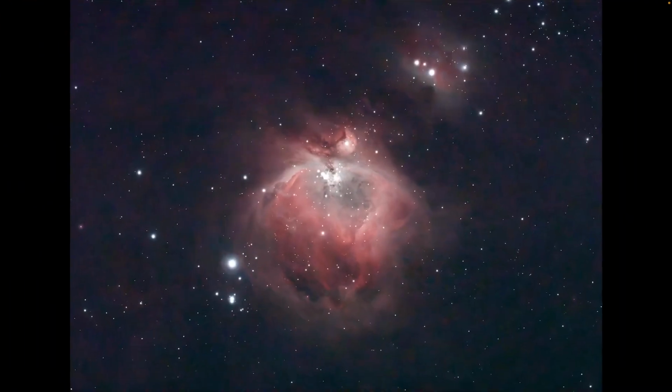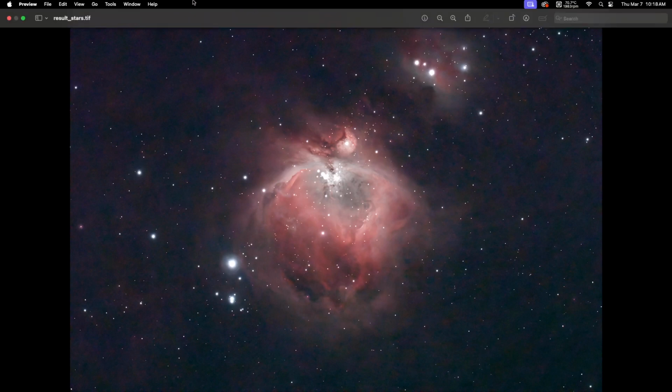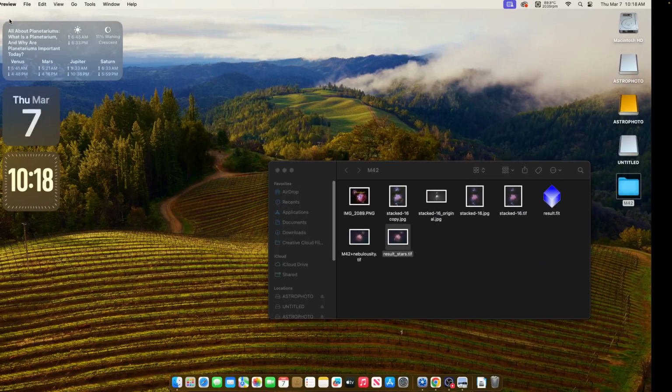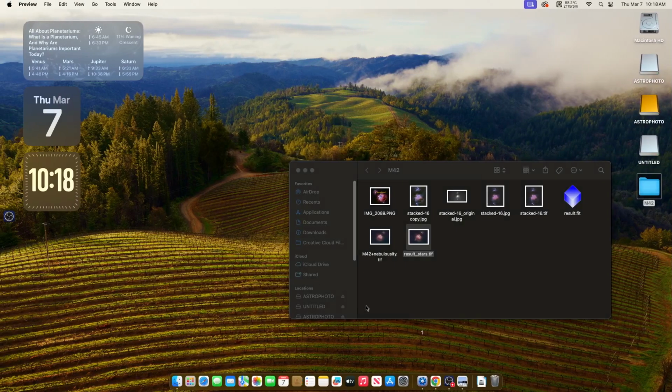I'm happy with it. The stars are still a little bloated here in the core, so I could work a little more on that. Eventually, I could open it up in Photoshop. That's what I do. As a matter of fact, maybe I'm gonna do that, but